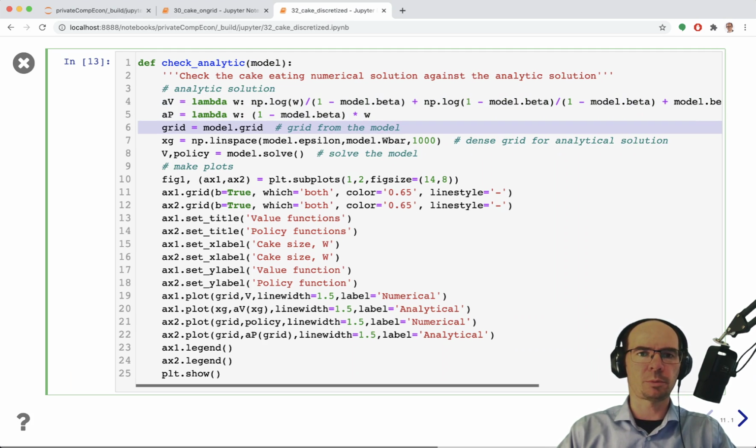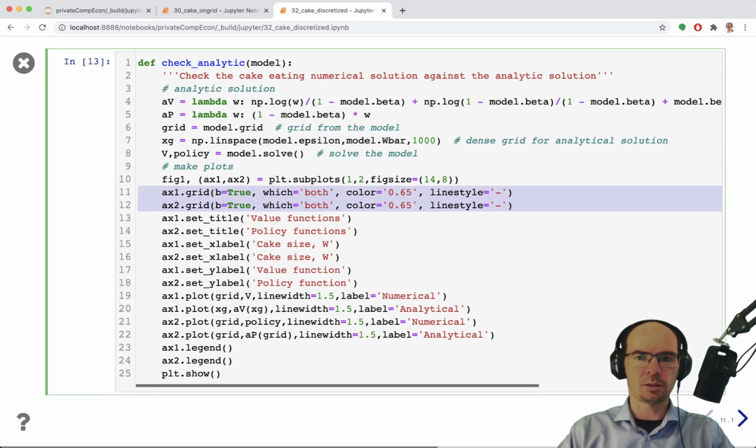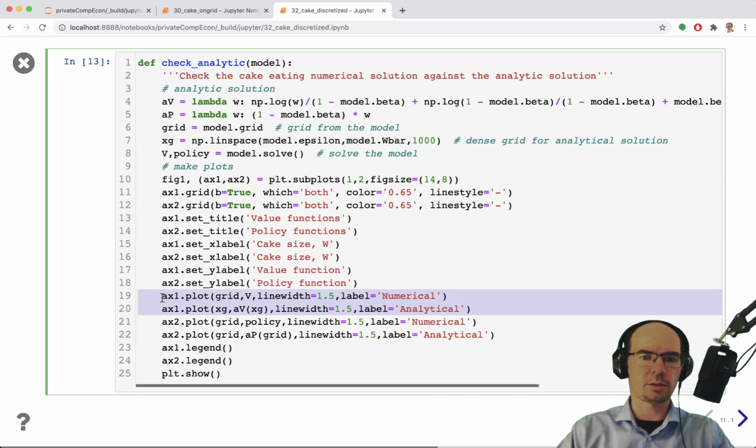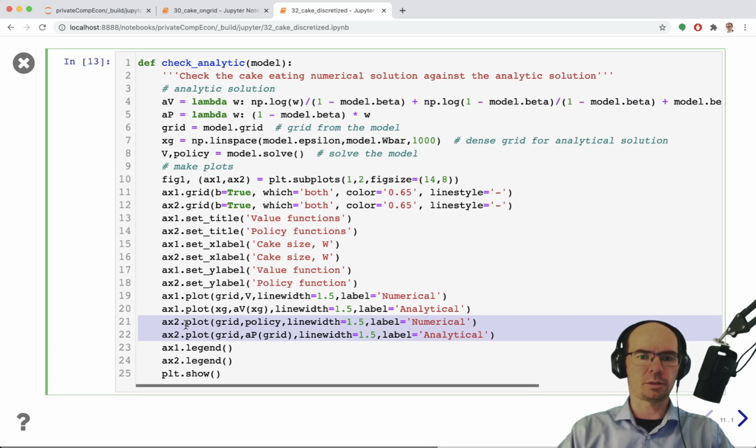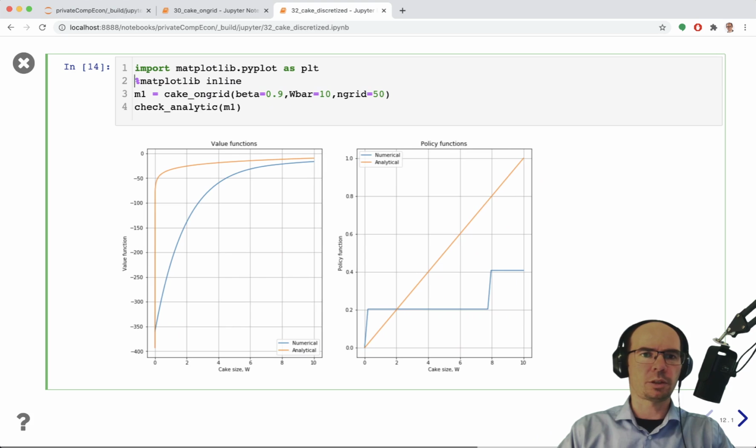We'll have a grid coming from the model. The function takes the model as an input variable, and this is supposed to be a cake eating model. There will be a dense grid for the analytical solution. We first solve the model and then make a 1 by 2 plot, for the value function and policy functions. We'll plot the value function and the analytical value function into ax1, the first axis, and in ax2 we'll plot the policy function and the analytical policy function. Now legends and show. So this is a very simple visualization. Let's not forget importing matplotlib here, and then we can run this